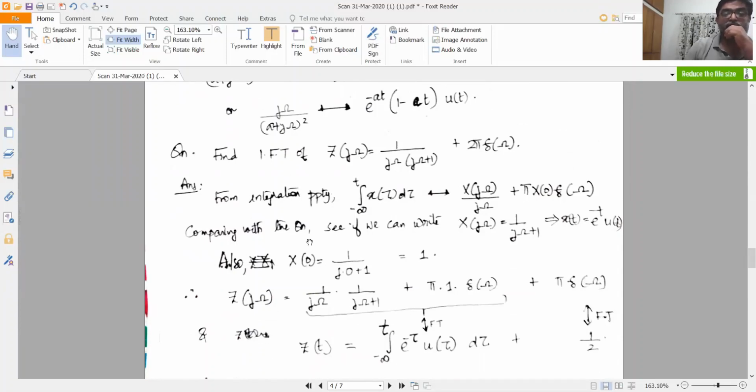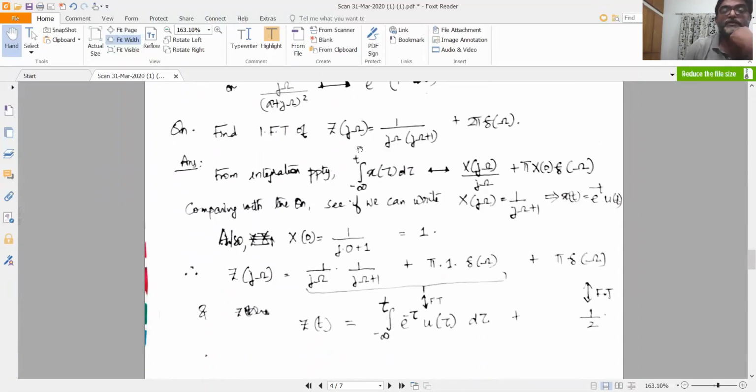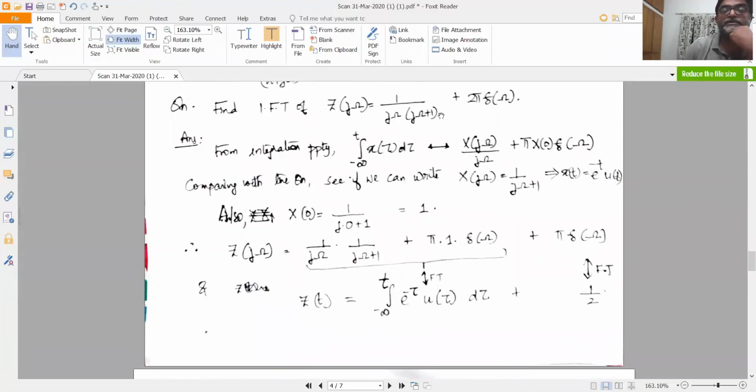Now another question is to find the inverse Fourier transform of X(j omega) equal to 1 by j omega into (j omega plus 1) plus pi delta(omega). So this uncannily resembles our integration property. Mind you, I proved this integration property after discussing the Fourier transform of the unit step function. The integration property is written here: integral from minus infinity to t of x(tau) d tau is Fourier transform to X(j omega) by j omega,